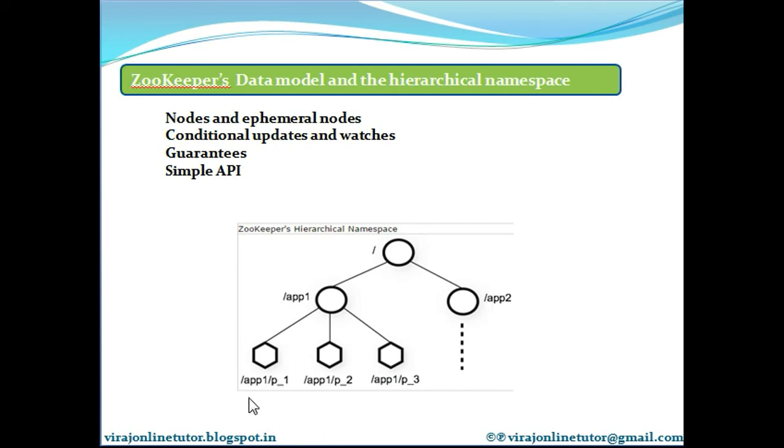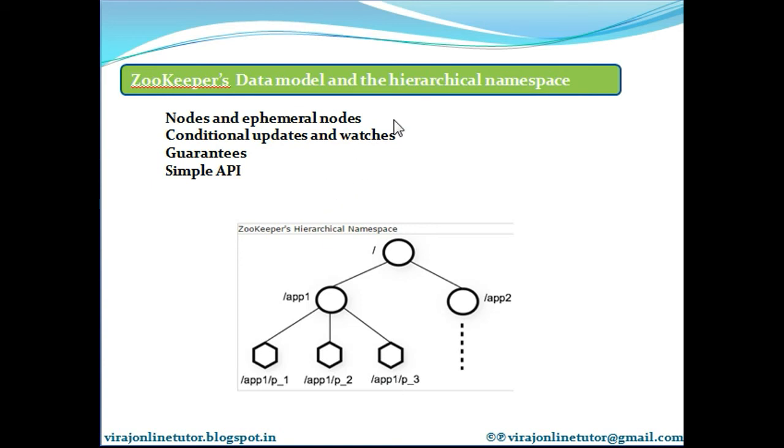So the name of this node is a sequence of paths coming from the root, then app1 and then p_1, connected to each other with slashes. Every node in a Zookeeper namespace is identified by a path. Each node has a path associated with it, which I have written below the node.